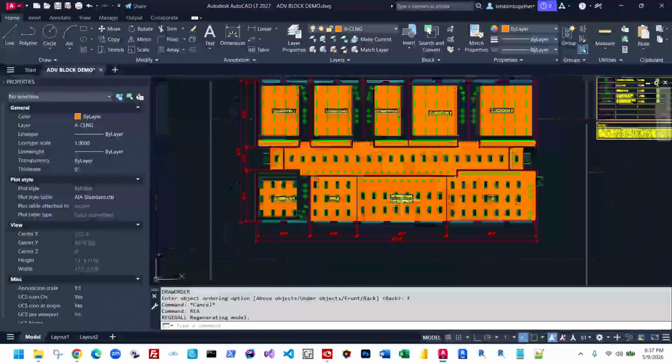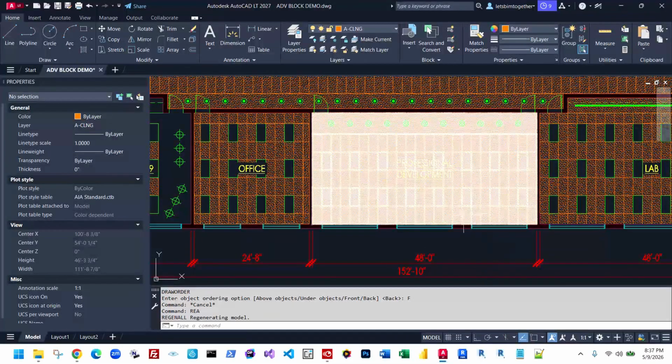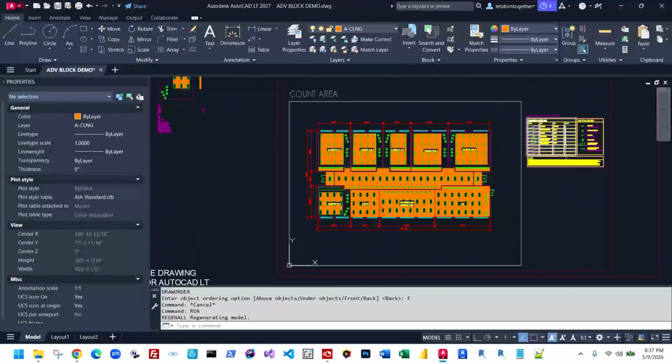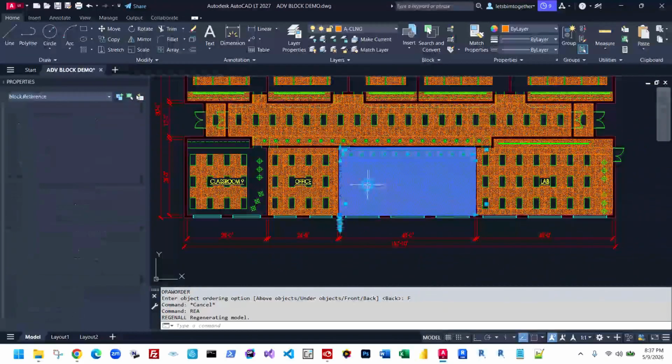Now, these blocks, like I said, you want to typically shoot for covering 80% of your scenarios. However, let's say for the other 20, you could always explode this block. So for example, let's just stick with the fluorescent troffers. We have 83 of them. If I explode this,